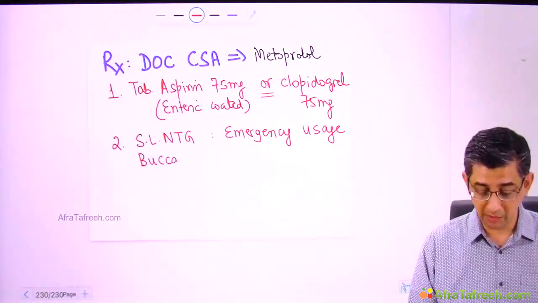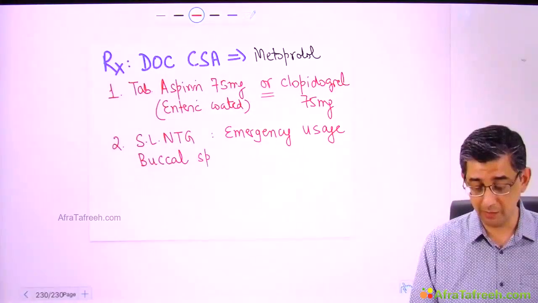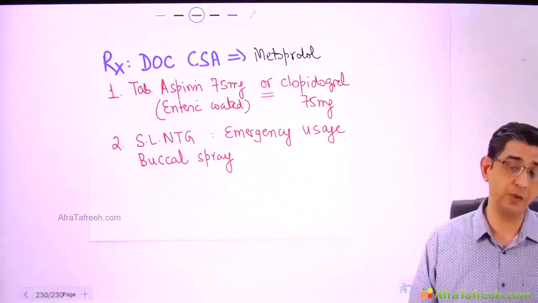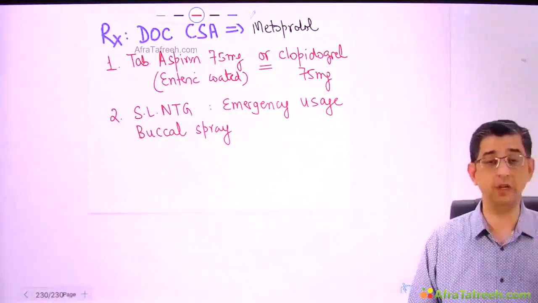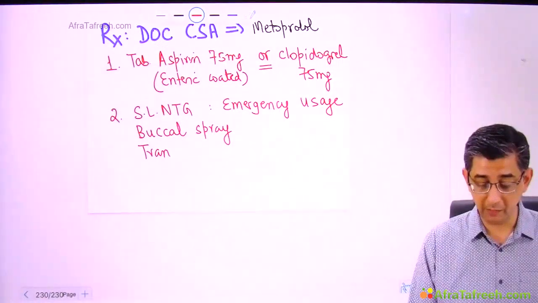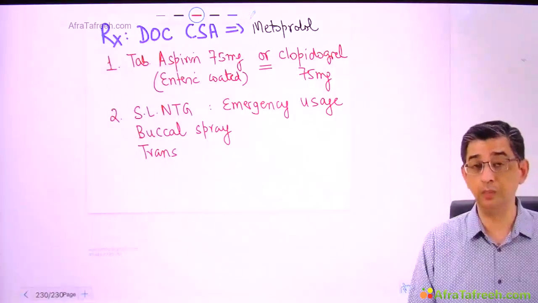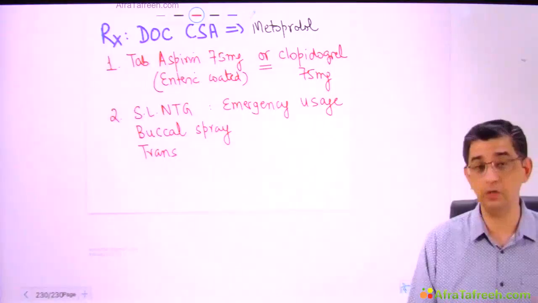So if I think that the person might not be very responsible and the glass bottle might break, I can suggest a buccal spray of nitroglycerin. The advantage is obviously that it will cover more surface area, so the results can even be faster. And lots of the time your patients might have to go to business meetings. Like this guy is 60 years of age, maybe has a company of his own and he's not retired.